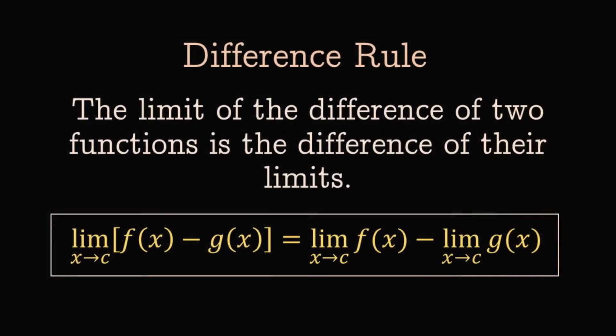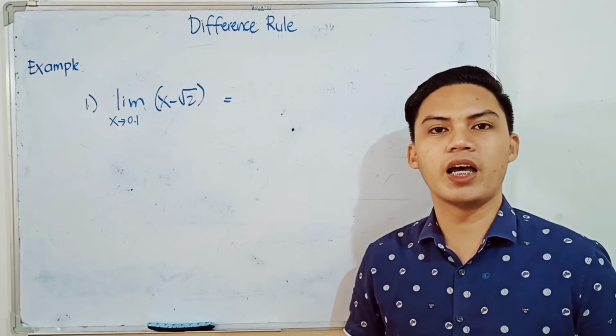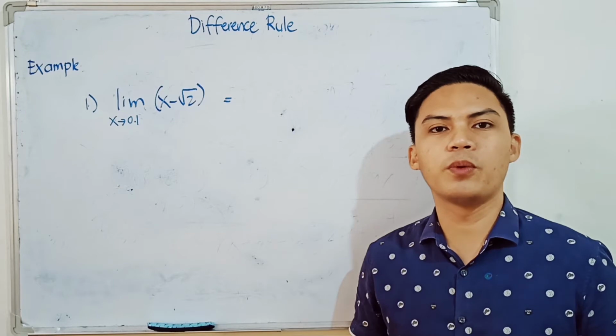Next rule, we call this one the difference rule. The limit of the difference of two functions is the difference of their limits. The limit of f of x minus g of x as x approaches c is equal to the limit of f of x as x approaches c minus the limit of g of x as x approaches c. Ang difference rule ay halos kaparehas lang ng sum rule. All we need to do is to get the limit of each term, and after that, we're going to